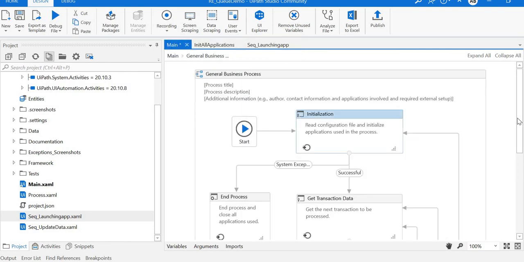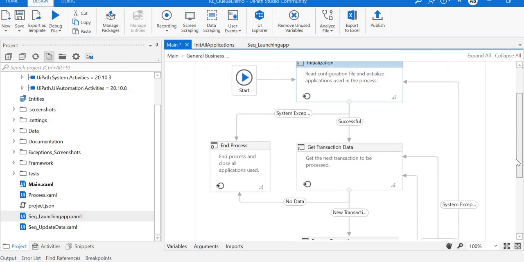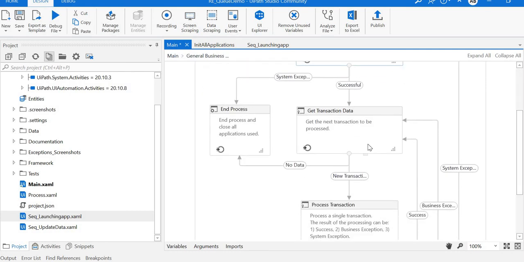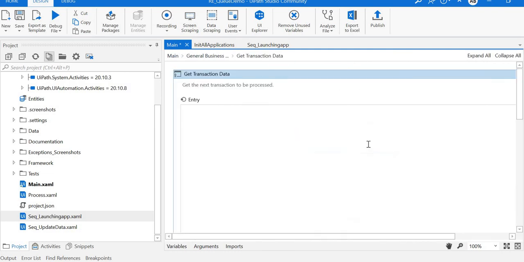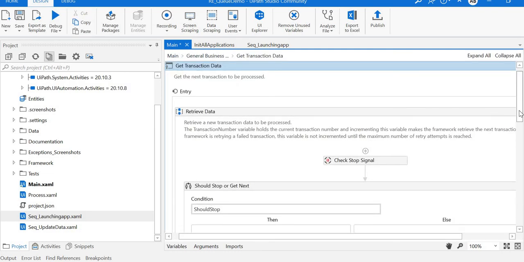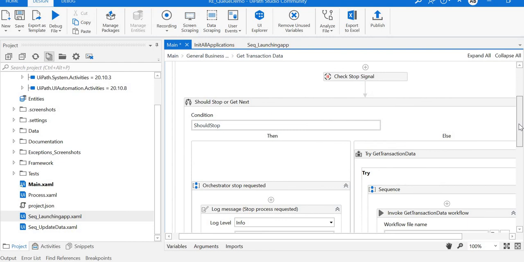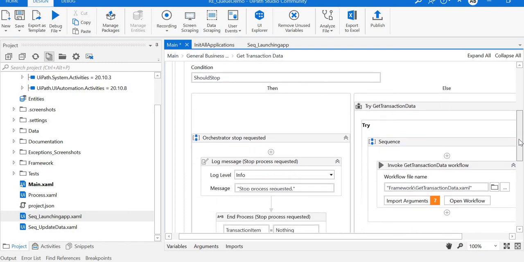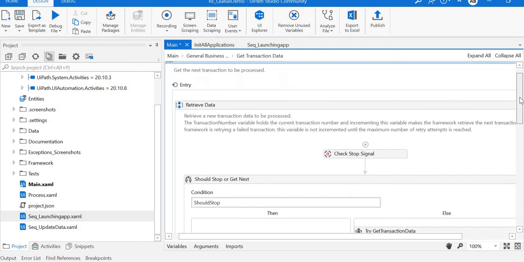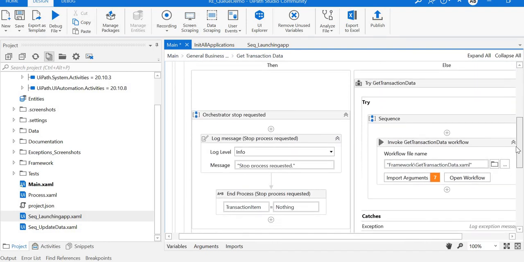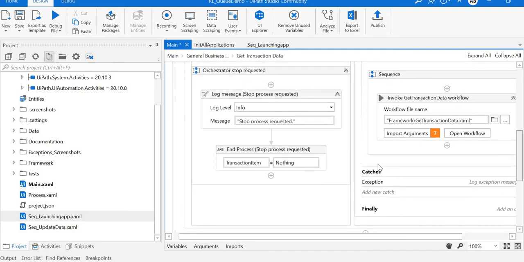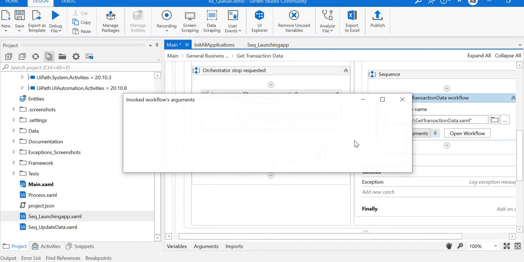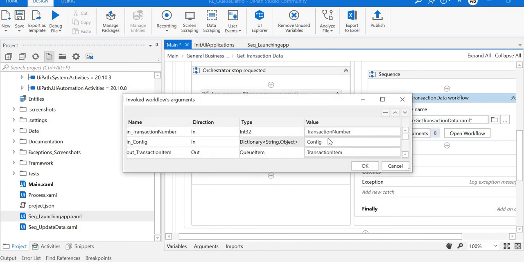Next is Get Transaction Data. Here it will read the data from the queue. Whenever you create a template using REFramework, it gives us everything by default. You do not need to change anything in Get Transaction Data, because as you see here, everything is available: the transaction number, transaction item, out transaction variable.